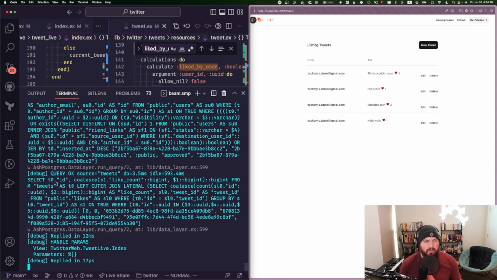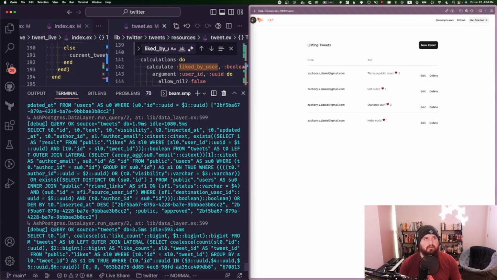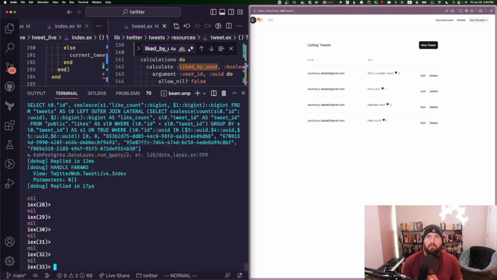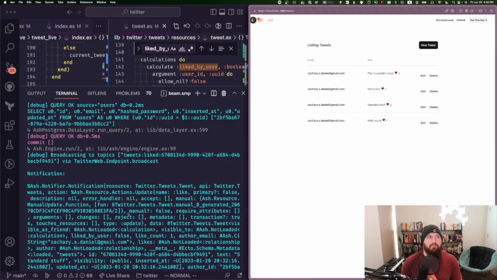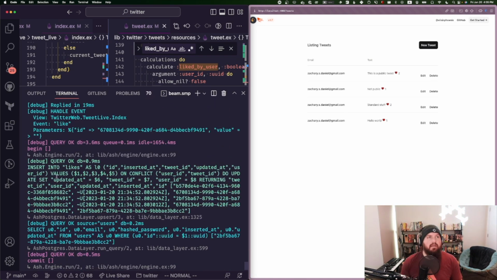So, I think we have some level of control over that, and we can always add more. But usually people don't ask about that kind of thing. They don't need to worry about it. And so when I like a tweet, or let's say I don't like a tweet, right? You're going to see, I have the debug config on for the pub sub because I wanted to see. You can put on debug to see everything that it broadcasts. But you can see it inserts into the likes table,